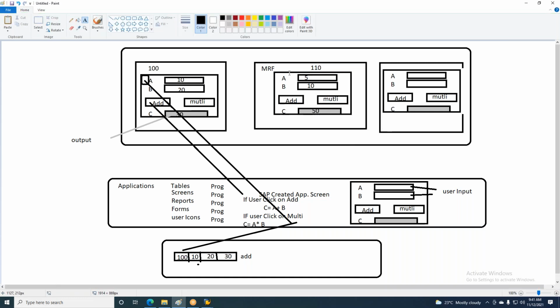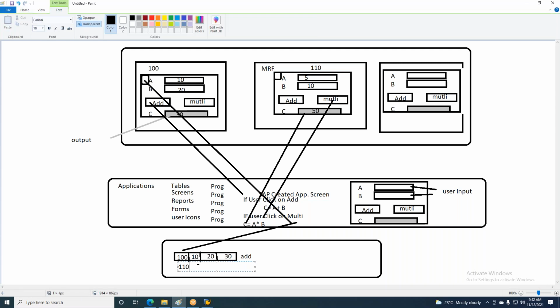So when he clicks on multiply, this is read by the same program and performs a calculation. It presents the data here, and when he clicks on the save button here, where is the data stored? In the same table. This is how it is stored. It is coming from 110. A value given 5, B value given 10, C value given